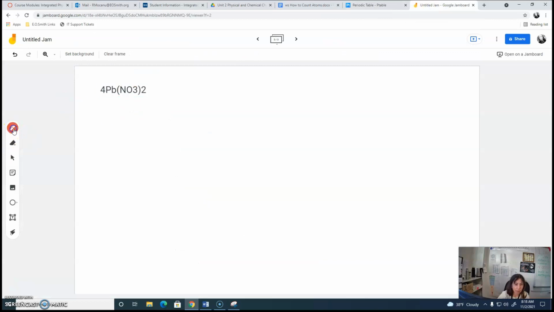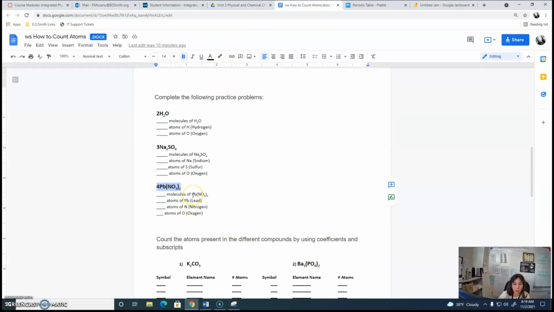All right, so rewriting the formula. Our formula is 4Pb(NO3)2. All right, so number of molecules. What is a molecule? The molecule is the entire thing. It tells you right here. So number of molecules of